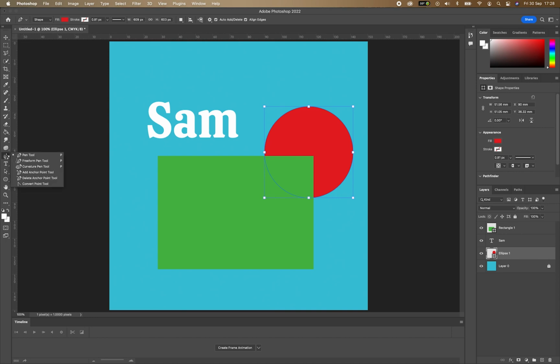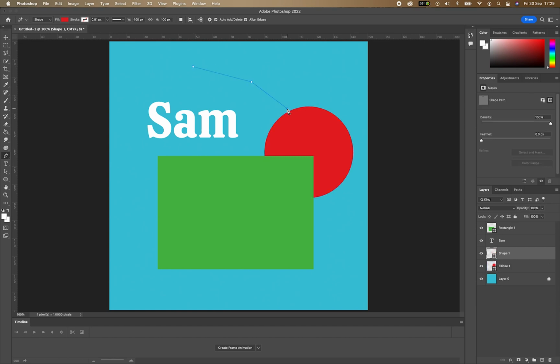So if we're just using our pen tool, it's very similar to something that we use in Illustrator, where we just simply click and we sort of create a dot to dot. And what that does is it starts to create a shape. You can start to create, but it's very linear. Each of the sides are very hard, like that. And if you'll notice that shape, that layer is behind Sam and it's behind the rectangle, so Sam is still